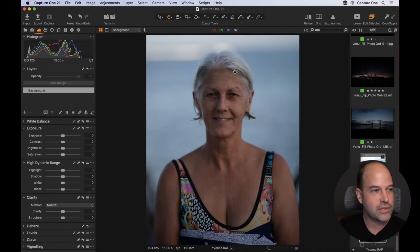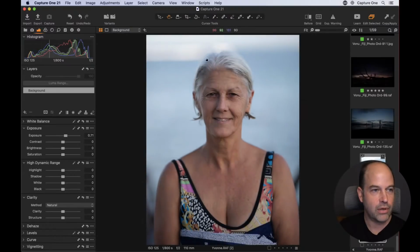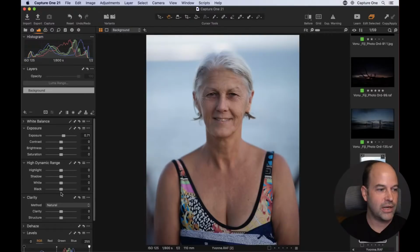Before anything else, and before we get into our layers, we can see that it's a tiny bit underexposed, but it's not too bad. I'll lift it a little bit with exposure, but I'm conscious that we've got relatively high key lighting at the back. If you look at our histogram over here, wherever I hover my cursor on the screen, you can see that orange bar just peaking there. So I don't want to go too bright, but I might like to brighten up her a little bit more as well. So I'm going to put the brakes on the exposure there, go to my levels tool,